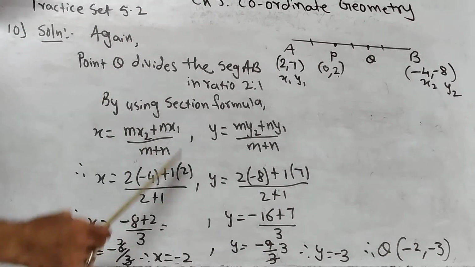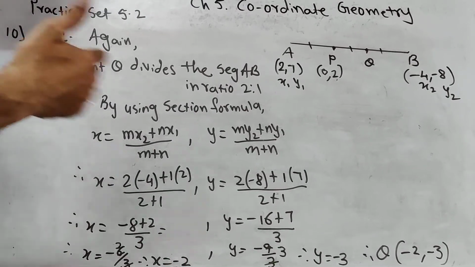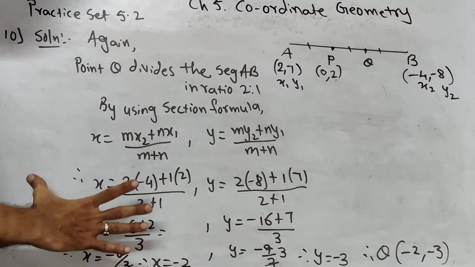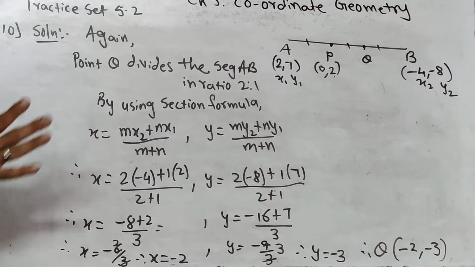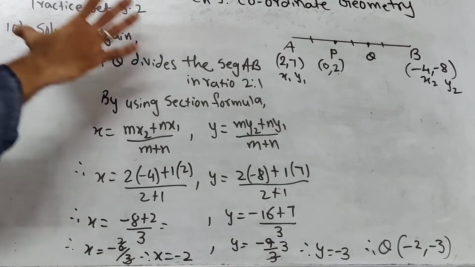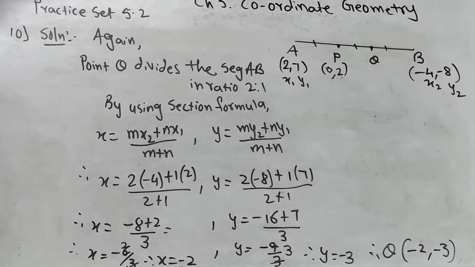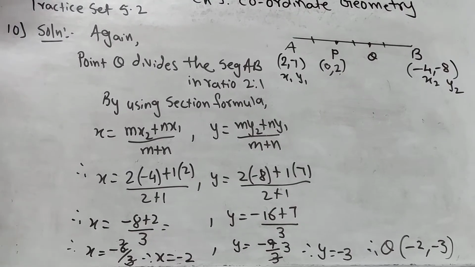So please copy it down. The second part also I showed you. Instead of giving you the homework, the second part, I have solved this so that you can copy it down. Okay, because it is same way, same method. Please copy it down. After this we are going to solve sum number 11.